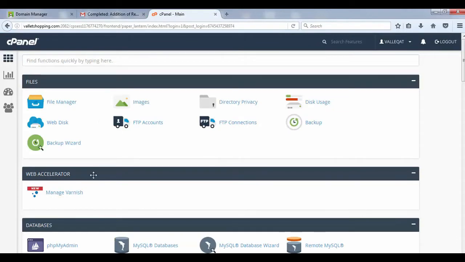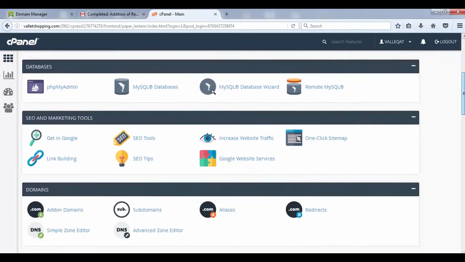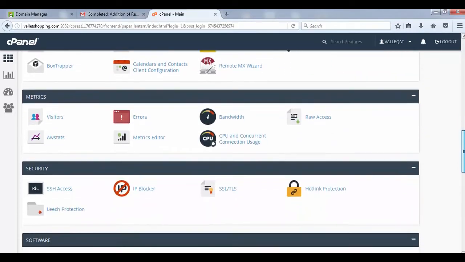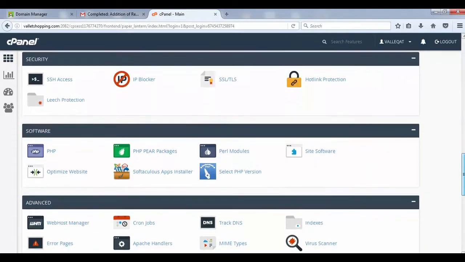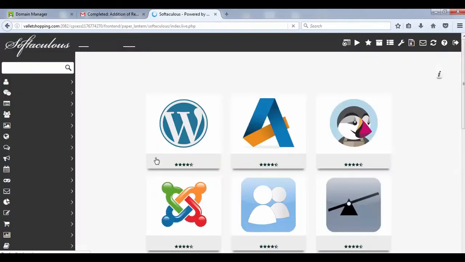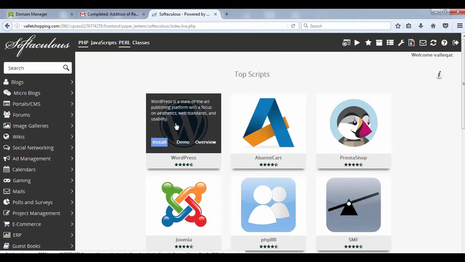Once you have logged into your cPanel, you just need to search for either the term WordPress or Softaculous. That would be somewhere at the bottom. Let me scroll down. Yeah, it's out here. You can see Softaculous App Installer. Either this may be written in your cPanel or it might be written as WordPress. Click on it. In my case, Softaculous is appearing, so I need to get into this folder and then I would find WordPress.